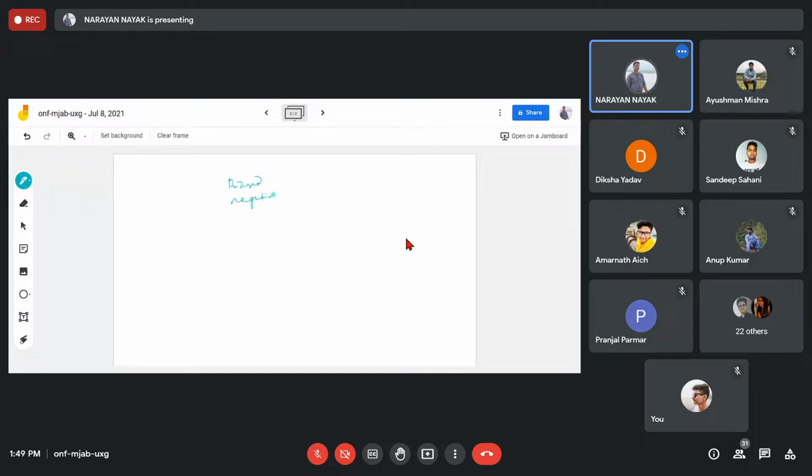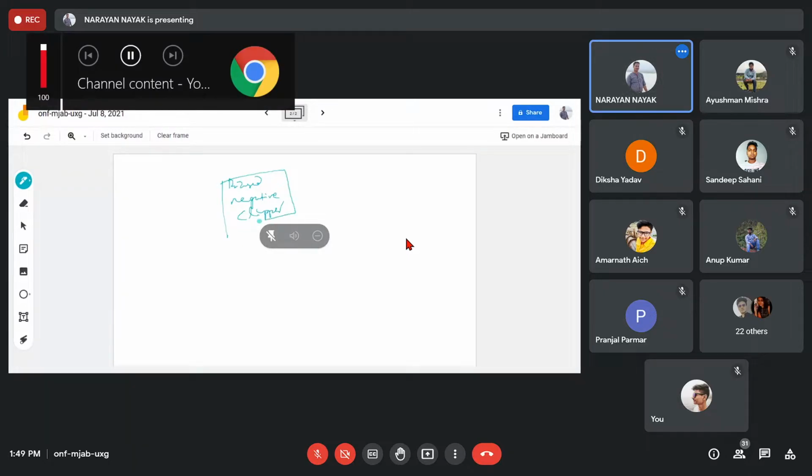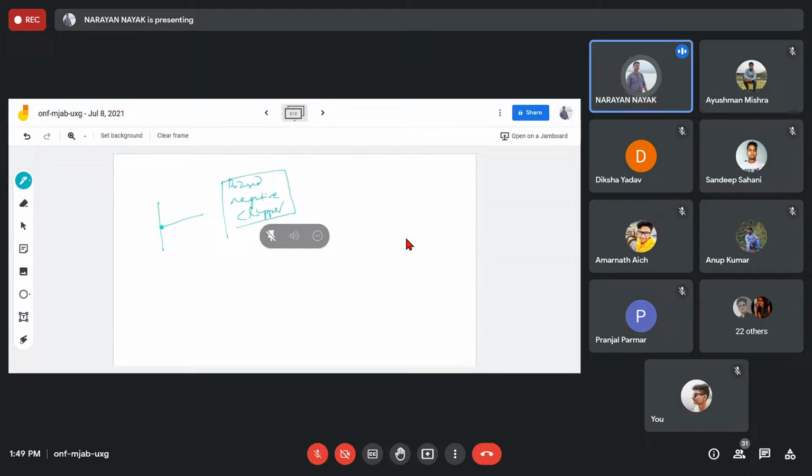Similarly, if you are using a bias negative clipper and you are applying the sinusoidal voltage as the input voltage, this is Vmax and this is minus Vmax. As it is negative, some portion of the negative half cycle will be removed. The positive half cycle will be there, but in the negative half cycle some portion will be removed. So here you get minus V, and this is your Vmax.